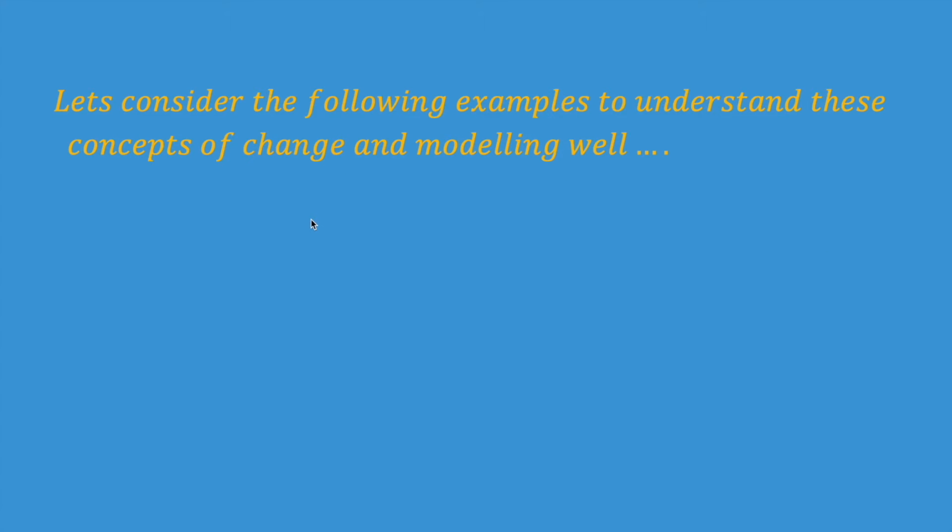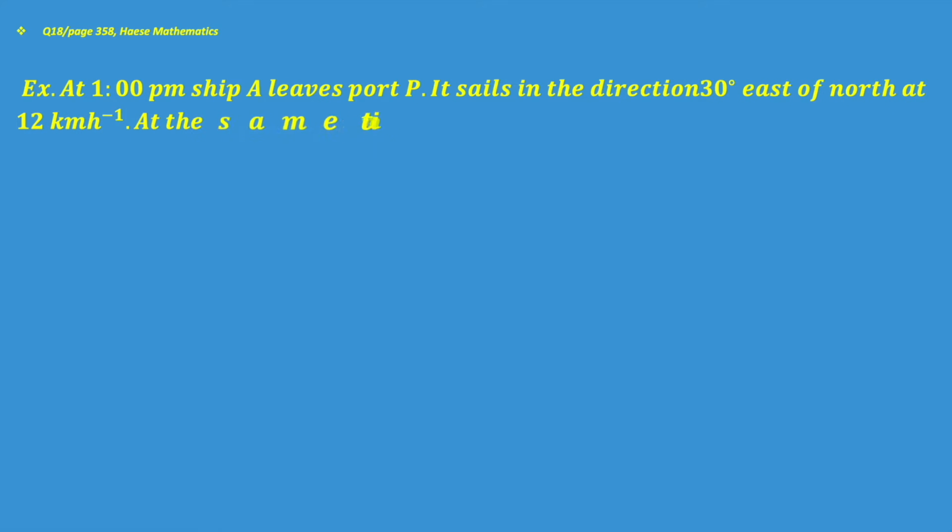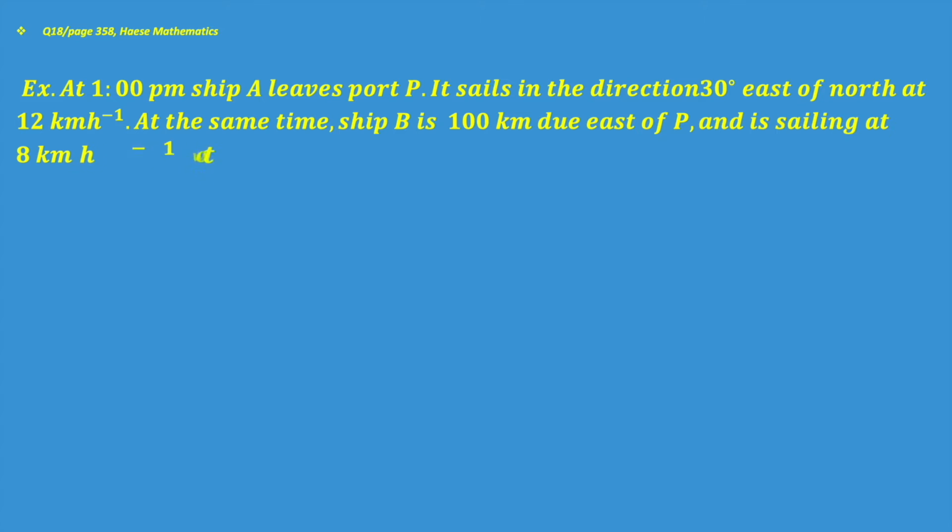Let's take the following example to understand these concepts of change in modeling well. Example number 1 is a question from HL Mathematics. At 1 p.m., ship A leaves port P. It sails in the direction 30 degrees east of north at 12 km per hour. At the same time, ship B is 100 km due east of P and is sailing at 8 km per